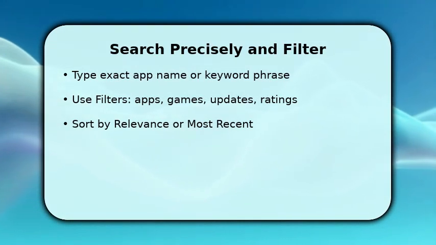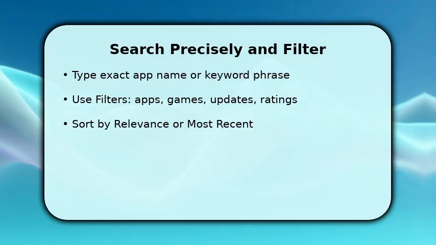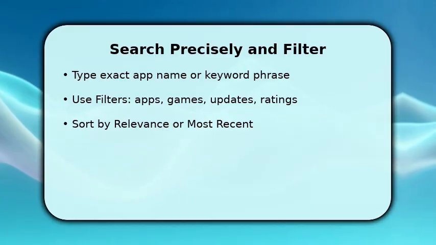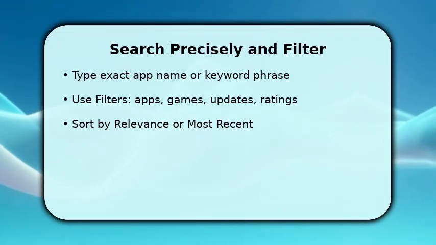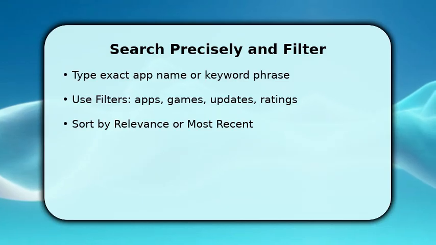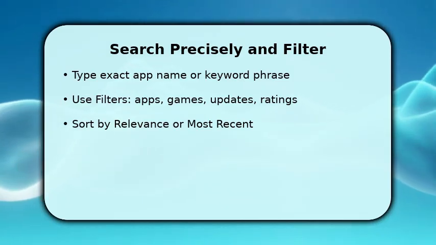Once results appear, tap Filters or Categories, switch to Apps Only, then choose Ratings or Release Date to surface the official listing. Make sure to read the developer name and icon to verify authenticity. Many clones mimic titles. If results still clutter, refine the query with quotes or add the developer name, then scroll